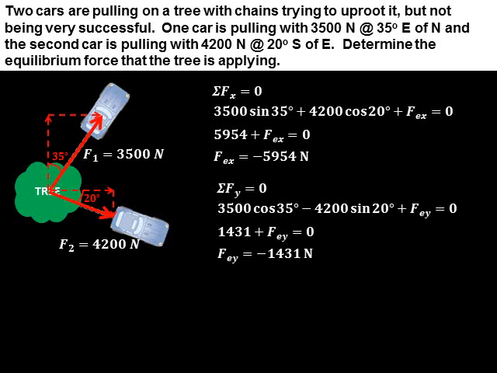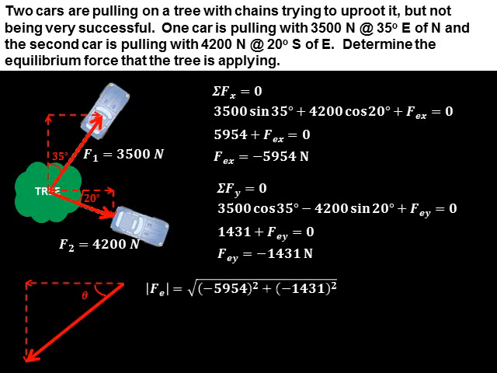So we got the x component and the y component for the equilibrium force, and we're going to go ahead and make our right triangle out of it. The x component is going to be 5,954 newtons, and then the y component is going to be 1,431 newtons. So to find our equilibrium force, we have to find the hypotenuse of the triangle. So we do square root of negative 5,954 squared plus a negative 1,431 squared,